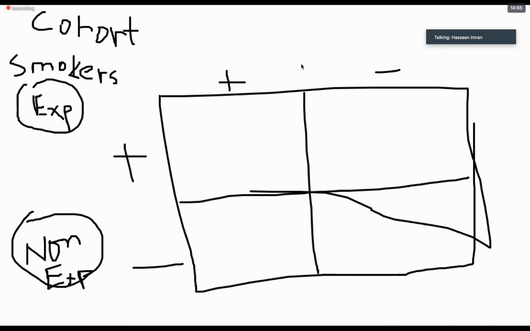That's why in the beginning, I would urge you to focus on the cohort study design, and how it helps us in the calculation of relative risk. Why can we calculate relative risk in cohort studies? Because they give us incidence. Why can't we calculate relative risk in cross-sectional studies or in case control studies? Because they don't provide us incidence. They provide us prevalence. Do you remember I told you that case control and cross-sectional studies provide us prevalence?